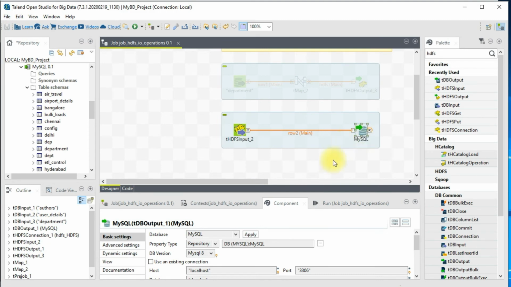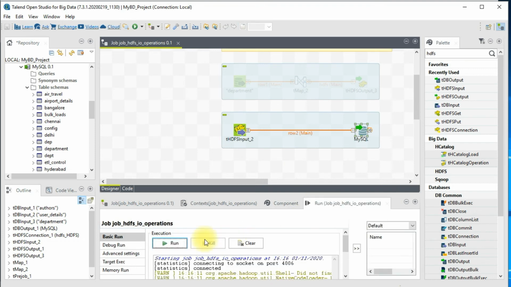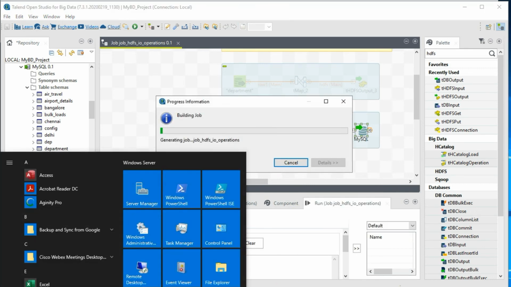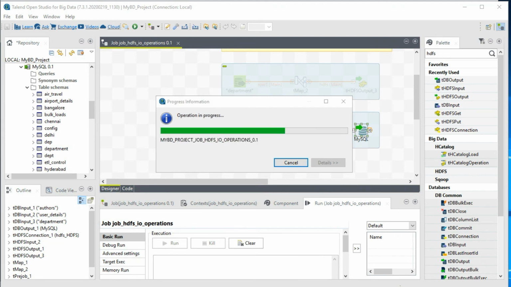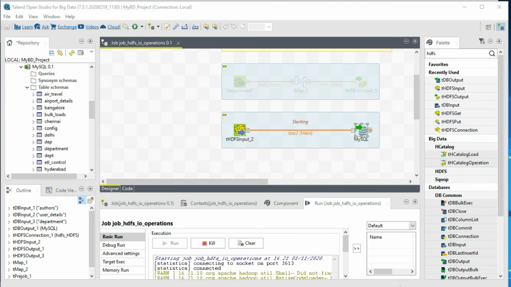Right, okay, so let me go ahead and run the job, and also let me launch MySQL Workbench so that we can quickly check the data. Right, so now all those 80 records that we populated from the earlier job, now we have read those 80 records and populated them onto our target table.